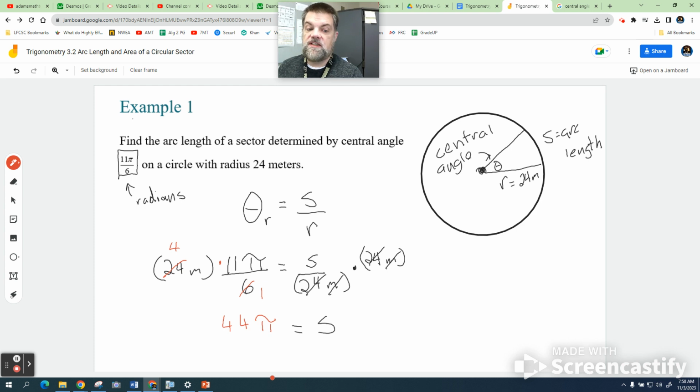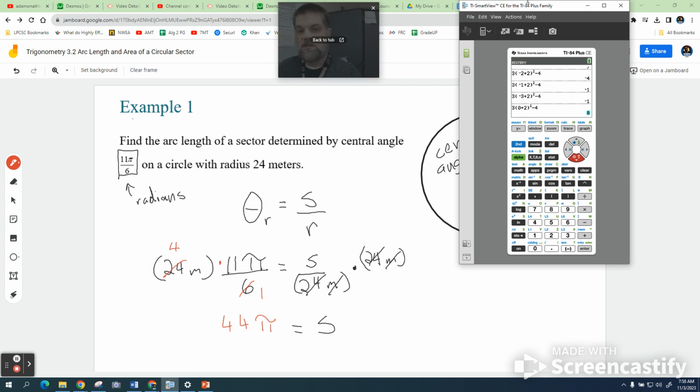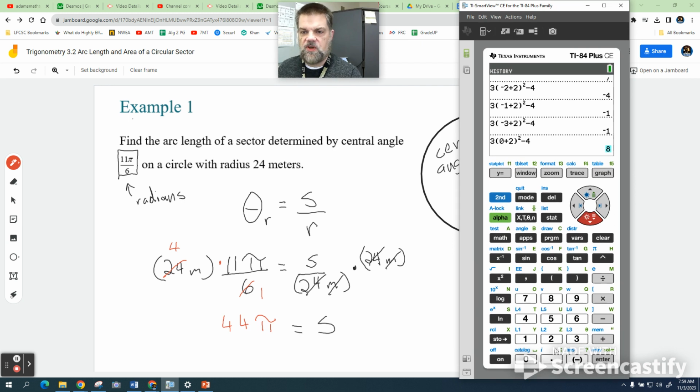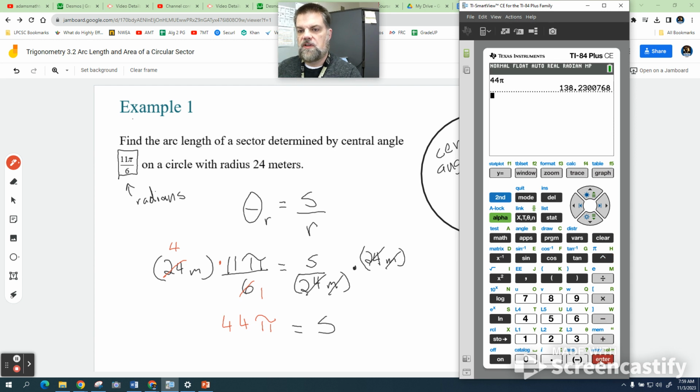Now, you could convert that, right? So if I pull up my fancy calculator, and there was a question yesterday about whether or not we can have a decimal answer or not. And I said, when we're doing radian measure, we always want to leave it in what we call the exact value, which is pi. But now we're talking about a length. So I think it's okay. Let me clear all this stuff out. I think it's okay in this scenario to plug this in our fancy calculator and get a decimal. So this is approximately